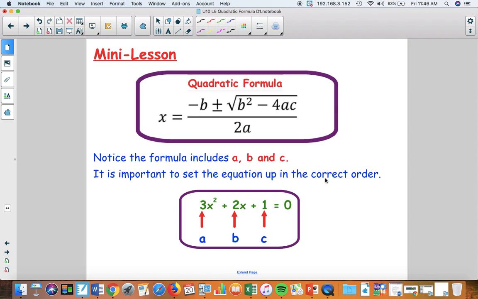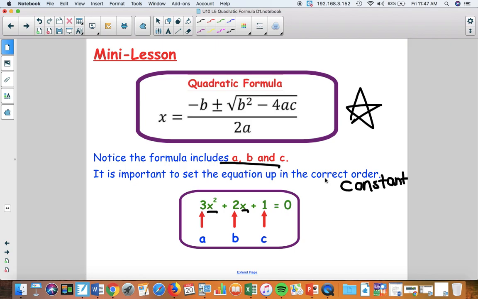So the quadratic formula is right here. It's a very important formula. What's great about it though is you don't have to memorize it. It's given to you on your reference table. So notice the equation has a, b, and c. Okay, that a, b, and c comes from your coefficients of x squared, x, and then your constant at the end. Remember, a constant,